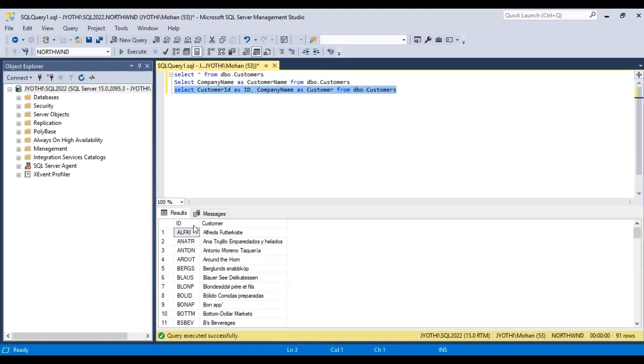For example, here if you want to give company name as customer name, customer space name, in this condition you have to give double quotation marks or square brackets. We have to give square brackets. So now let us execute this statement. So here we have customer name, with a space.